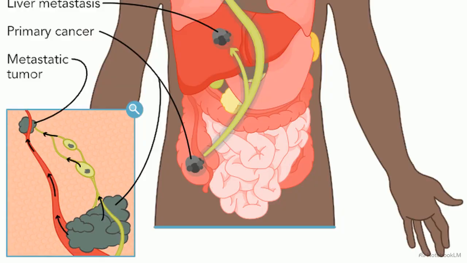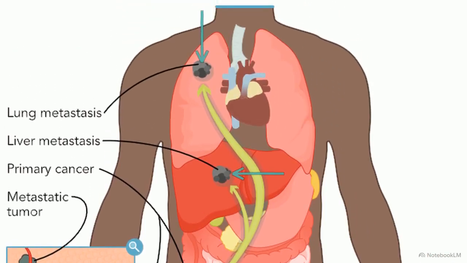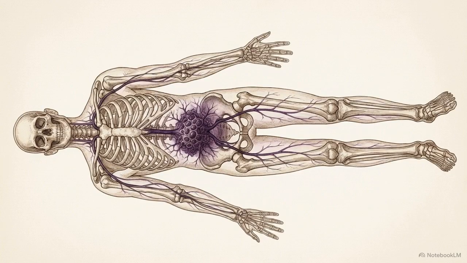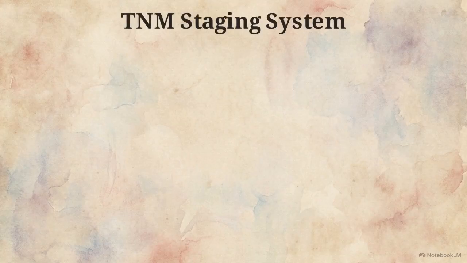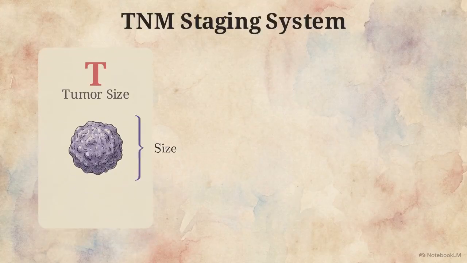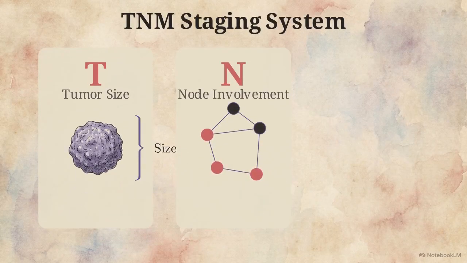This diagram illustrates metastasis. You can trace the pathways showing the primary cancer migrating through the lymphatic and vascular systems to form secondary tumors in the lung and liver. A localized cellular error quickly becomes a multi-organ system failure. This cellular takeover generates severe systemic manifestations, including unexplained weight loss, profound fatigue, and the development of palpable masses throughout the body. We measure this spread using the TNM staging system, which quantifies the tumor size, node involvement, and the